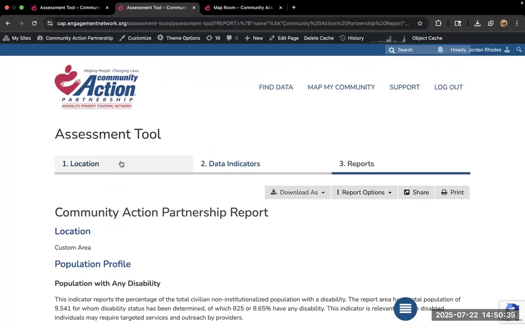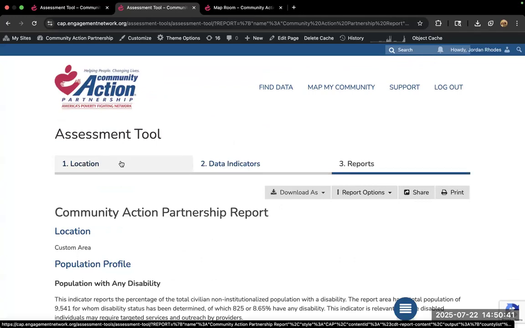So I don't have to go back and draw my complicated custom area, hand pick my 70 indicators, and then get my report. If you save your link, your whole report is saved and you can come back to it anytime you please.